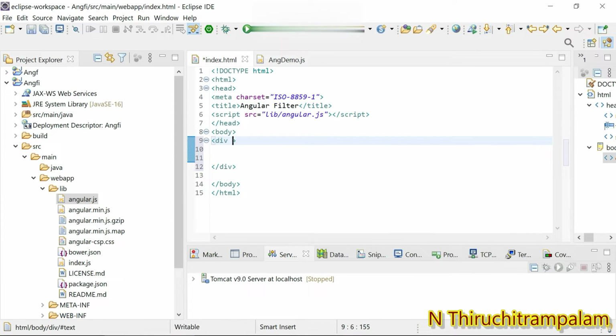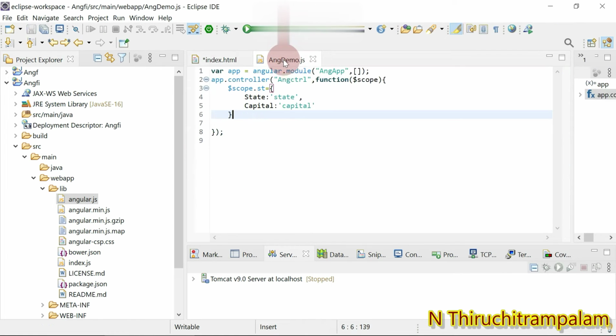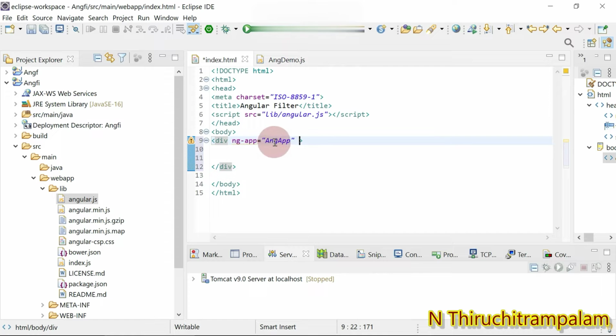In this div element, ng-app equal, and the app name is the module name which we created, angapp, that we created in angdemo. The name of the module is angapp, so that name is given as the value for the ng-app attribute.